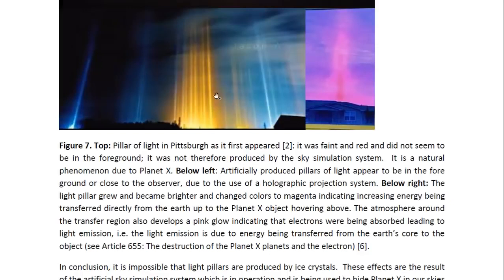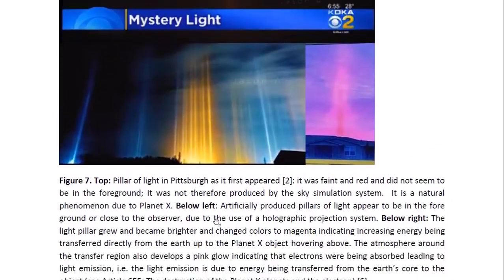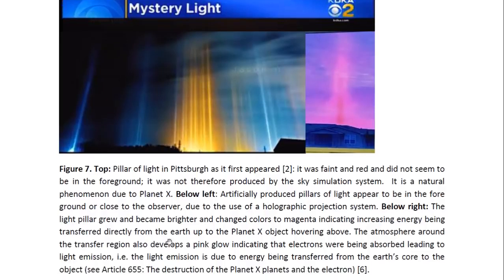So we have the pillars of light as it first appeared there. And here we have the artificially produced one. They simply look artificial because they are so close to the observer, just like the sun simulators in the sky. They're the product of the holographic projection system. And here we have the light pillar, which grew and became brighter and changed colors to magenta, indicating increasing energy being